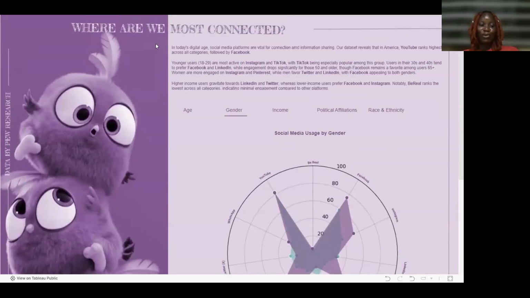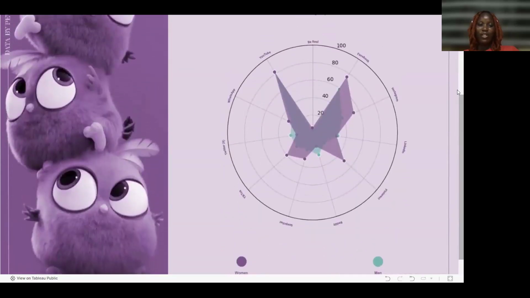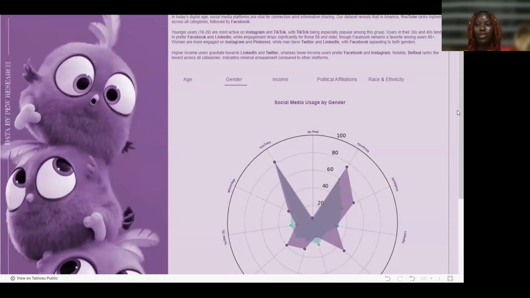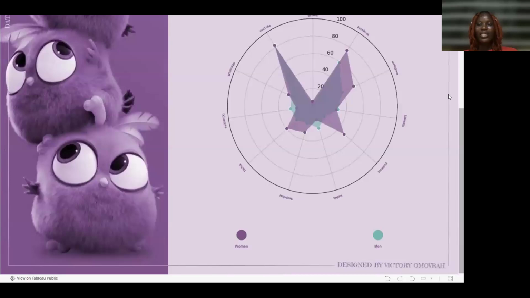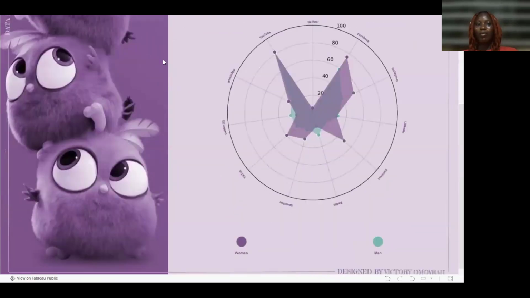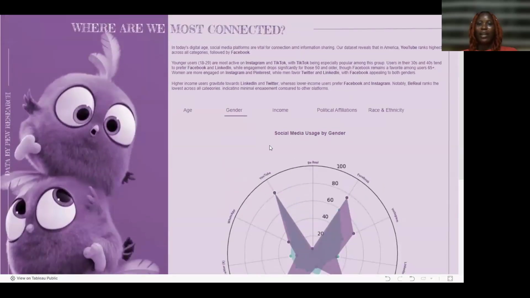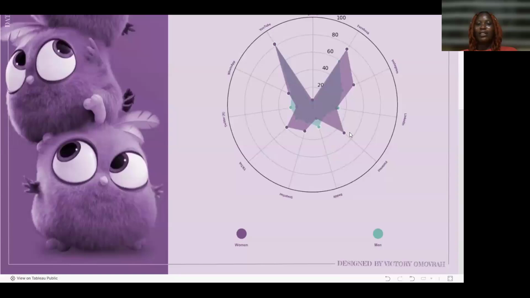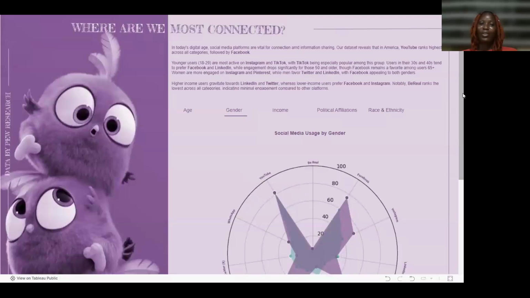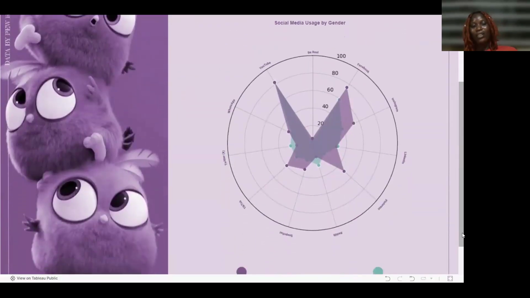And one thing I like to do when I work with my data is I also like to play with colors, especially if it's not tied to business, more like a personal project or a fun project. I tend to play around with colors, but when I do, I am consistent. So you could see that the purple theme tends to be more dominant, even with my write-ups and the colors and everything. So I'm very intentional when it comes to colors and the font as well.